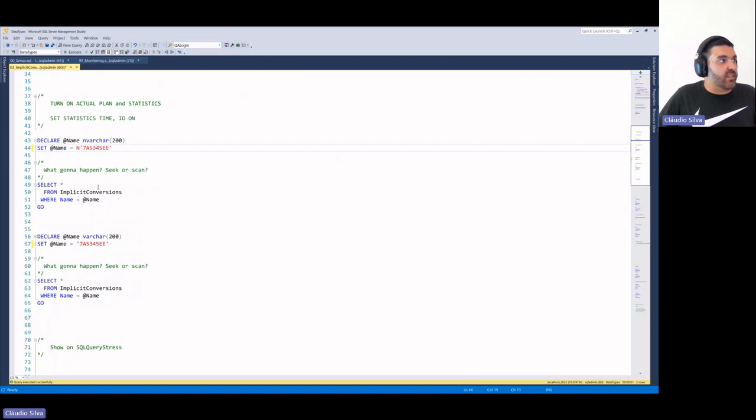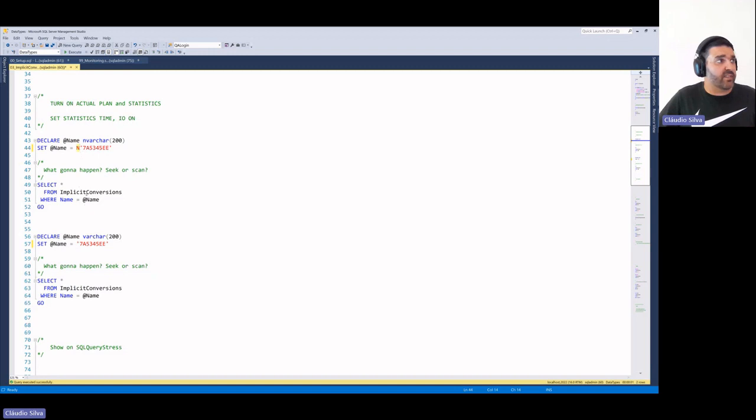So the main difference in this case is about this Unicode and the non-Unicode here. So the column is non-Unicode, and that's why having the varchar made it possible to use a seek. Whenever we said to use a Unicode, because I just looked at the table and the column is a name, I thought, okay, let's make it the Unicode one.